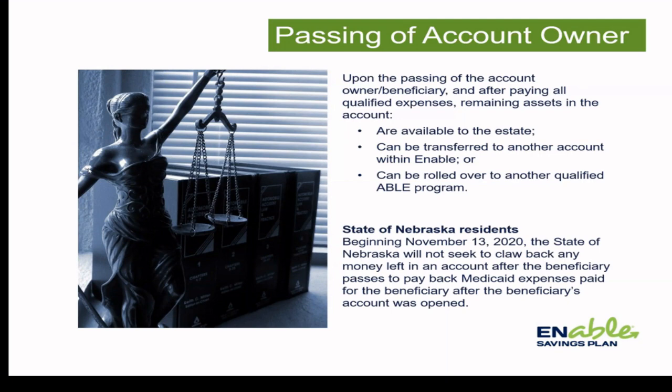We also, on the state level, have some legislation that we're working on right now to where if the ABLE account just had a smaller balance, $5,000 is the amount that we're including in the legislation, that if it fell under that $5,000, it would not need to go into an estate, and it could go to a named beneficiary. You would put that when you fill out your enrollment form, you could name that beneficiary. We'll keep you up to date on that as well.